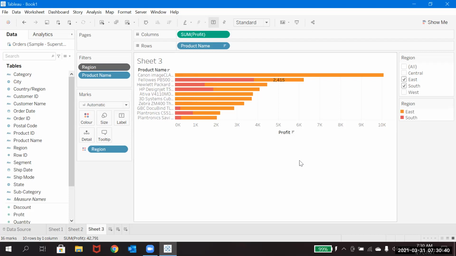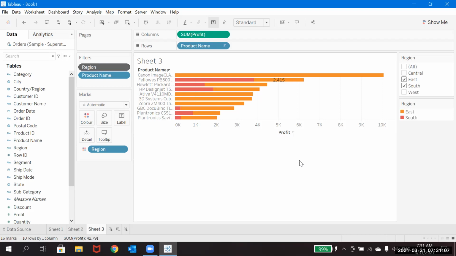We would like to see the profit by each product, and at the same time you want to see it region wise. Region wise we can see that in two ways. One is a filter you can keep, and at the same time the region you can keep in the color, and you will understand. So on each product, in which region the sales is how much, I mean what is the profit.